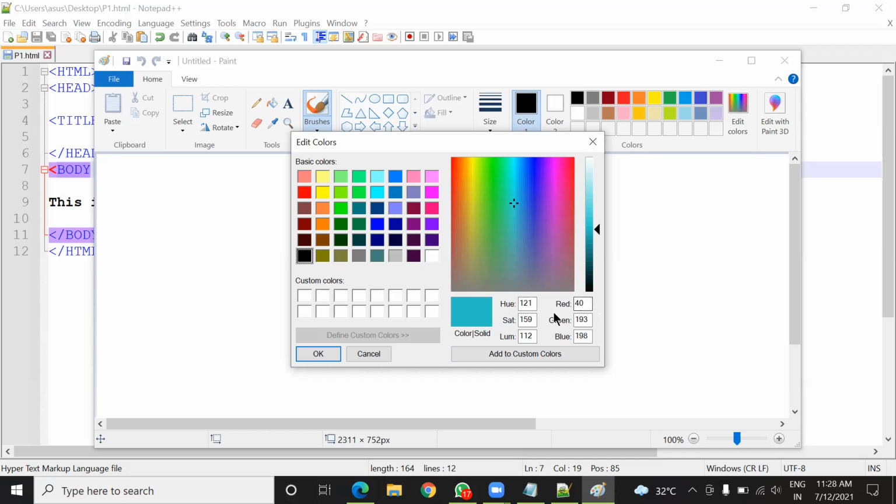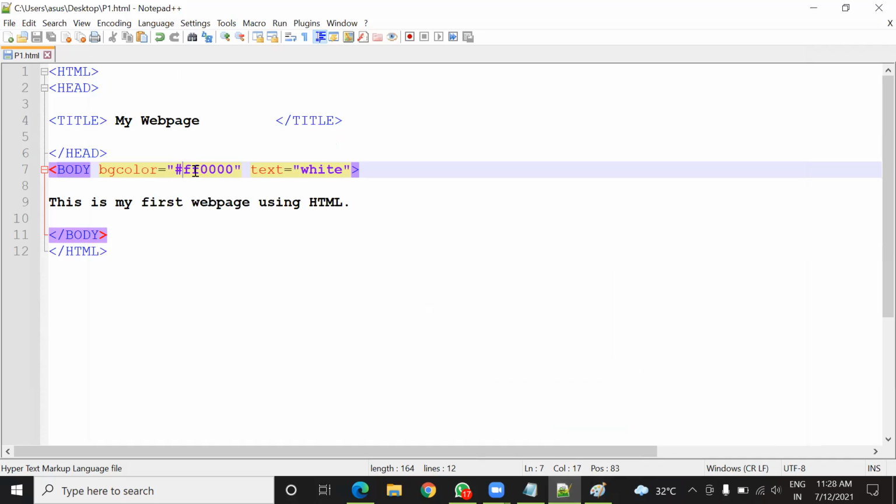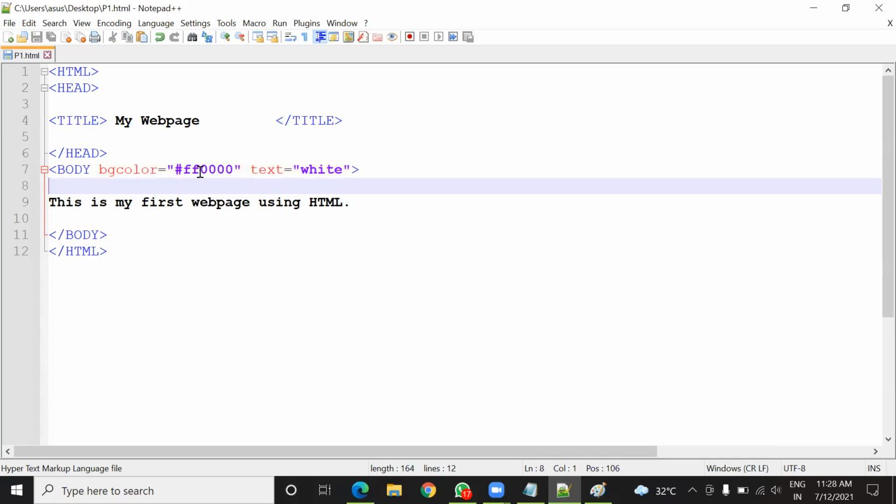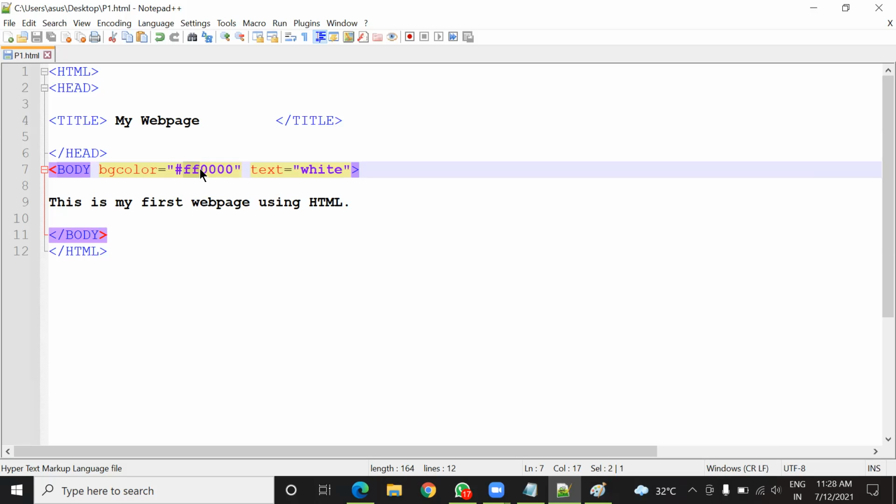If you convert these three values into hexadecimal, then you can use those values here. The first two values are for red color, so this FF is for red color. The next two values are for green color, and the last two values are for blue color.